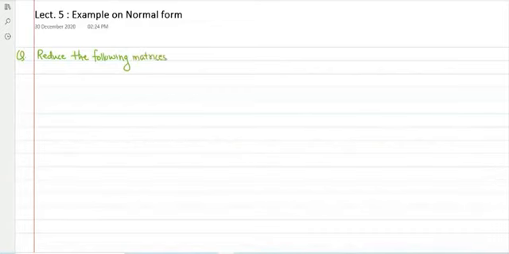I think last lecture I started with the question: reduce the following matrices to the normal form and find its rank. Reduce the following matrices to normal form. Now, from the second example onwards, you have to write simultaneously to normal form and